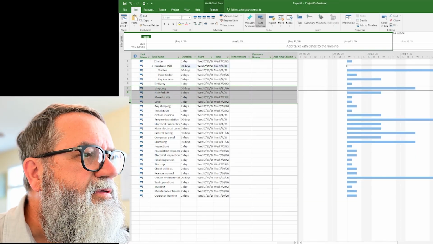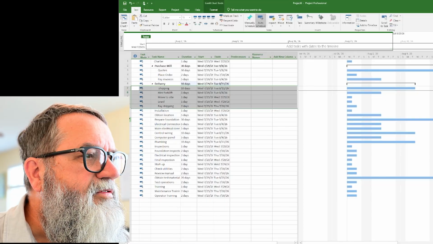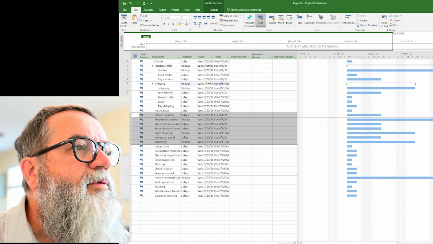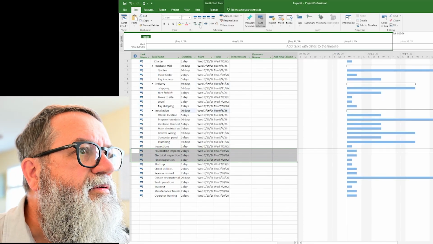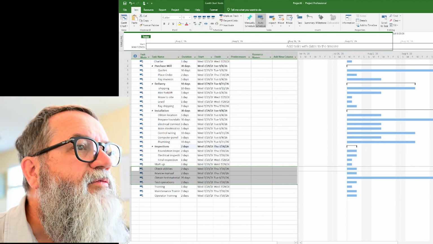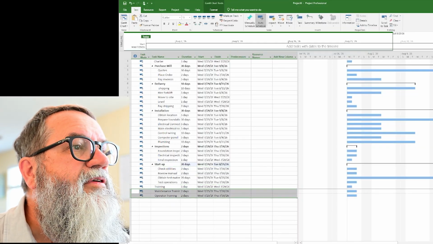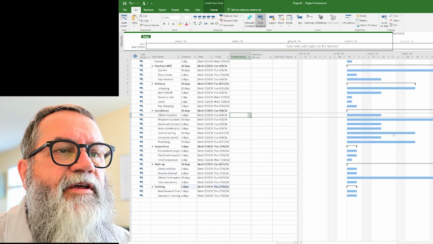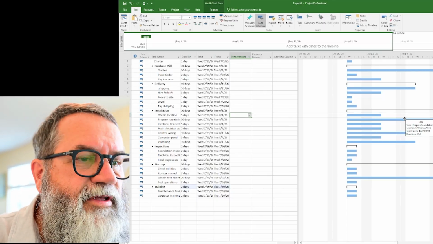Under delivery, I've got a few tasks. Under installation, I've got probably those ones. Inspections, I've got a few inspections. Startup, I've got a few activities. And then under training, I've got a couple of activities. Okay, so now I've got all my activities, and now what I'm going to do is manipulate things a little bit